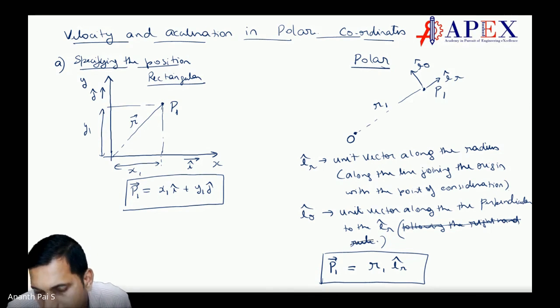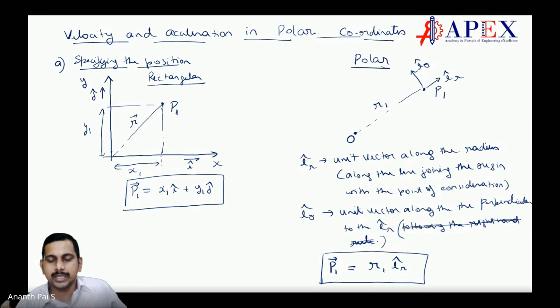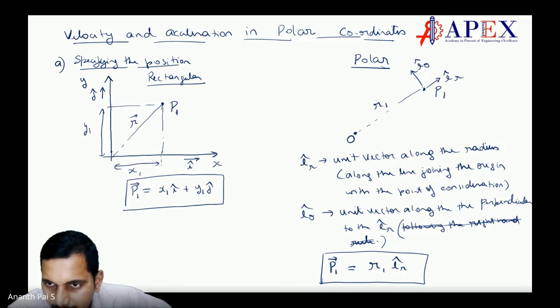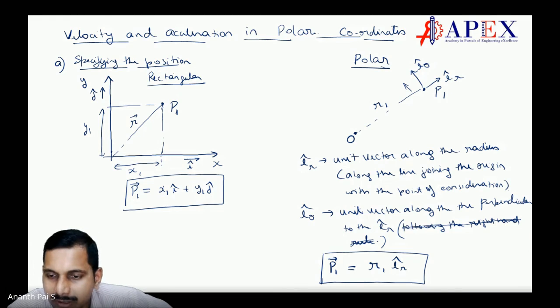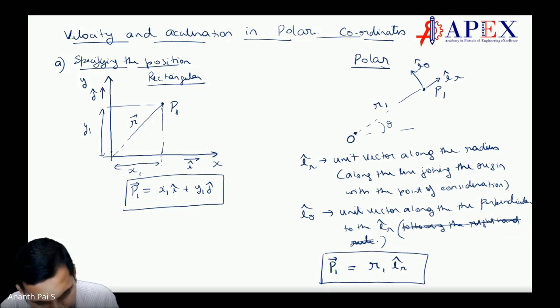Is it necessary to specify the sign? Actually, no. It depends on how P moves to the next position. It may move here. Let us understand how it is coming. I'm saying theta is positive anti-clockwise, clockwise negative. So if I say this is theta, it's going anti-clockwise positive. Like that, I've taken that. Okay, let us go further and see.